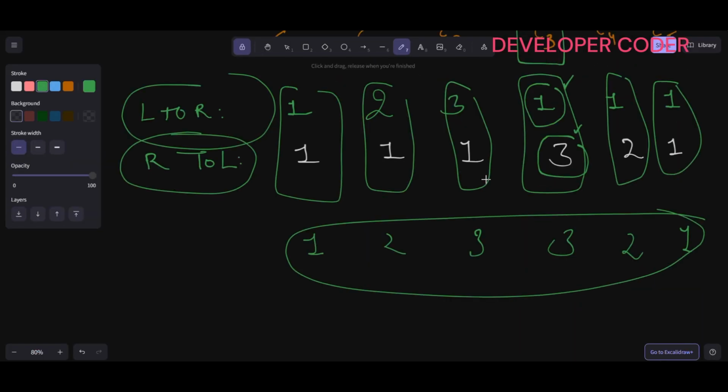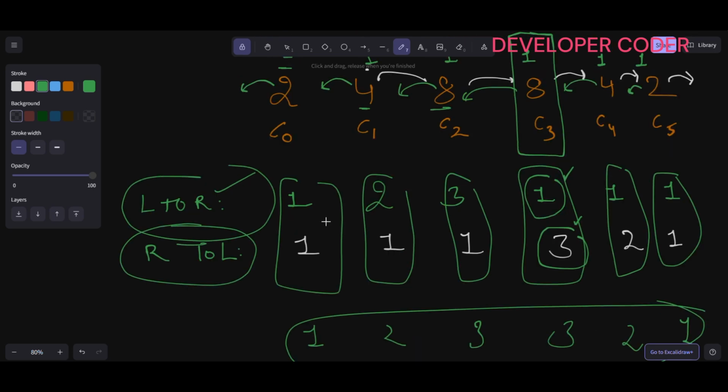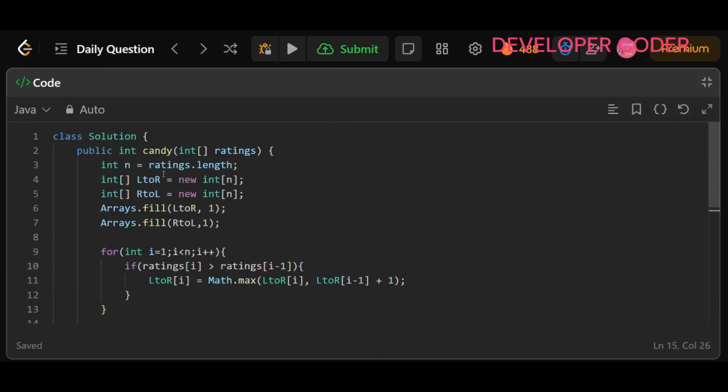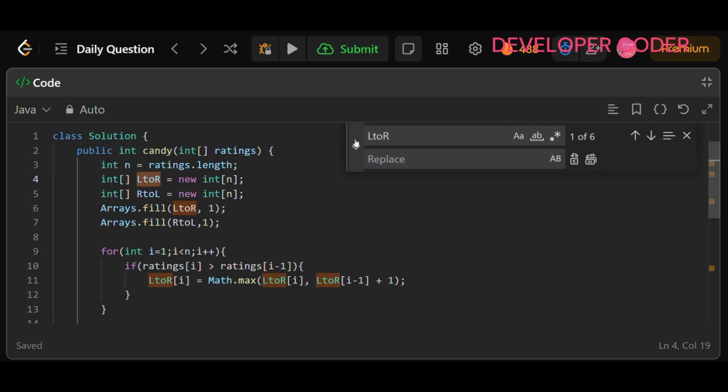So here you see you are using two arrays, L to R and R to L. From here also I'm choosing the max one only now. So we can actually ignore this. We can just create one array instead of creating two. So that is very simple. What you need to do here, instead of creating two, just change L to R, just rename it to count. Here just do replace all, and here just change this R to L also to count, replace all,